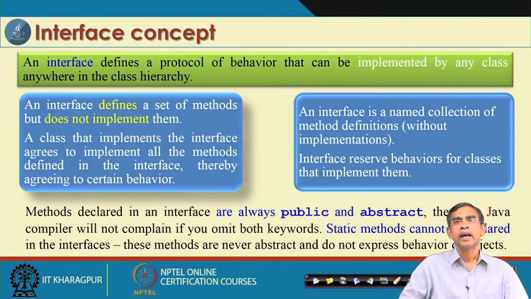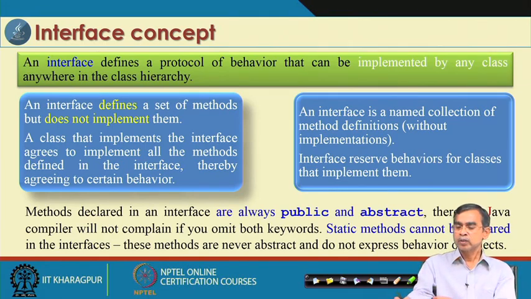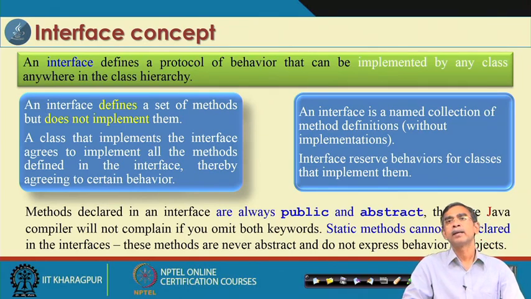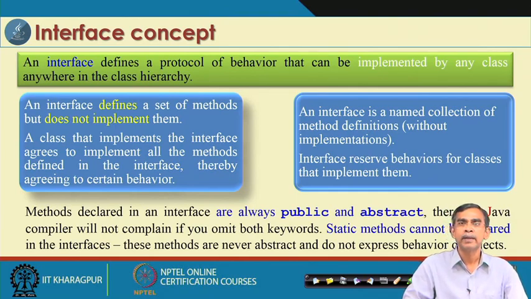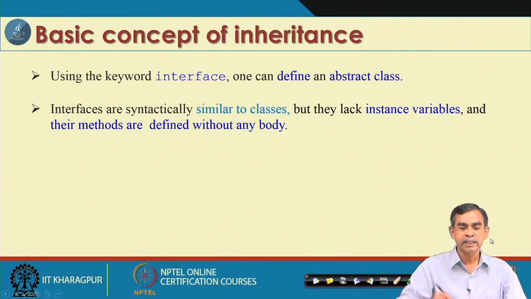So, it is a thing, and then static methods cannot be declared in an interface. That is one important restriction so far as the interface is concerned. However, in an abstract class you can declare a static method as well. Anyway, an interface is like this: all methods should be public and abstract, and no static method should be declared there. However, as far as members are concerned, they should be declared public, final and also static. So, these are the things that are required so far as interfaces are concerned.